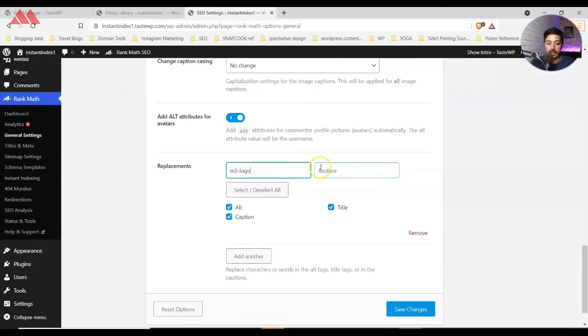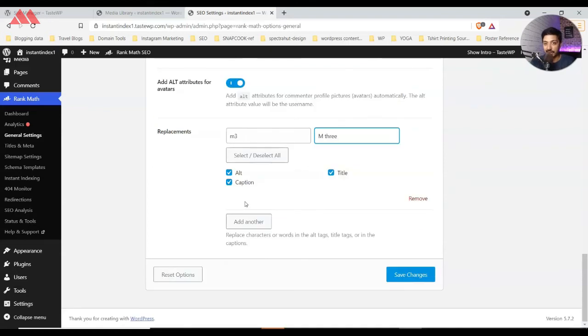If we type in M3 and we want this to be updated as M3 in words instead of numeric, then at all the places where this plugin finds M3 written in alt, caption or title, it will be replaced by M3 as words. This is an interesting option, and if you think it is useful for your website, you have it here. After all these things, let's go ahead and click on Save Changes.